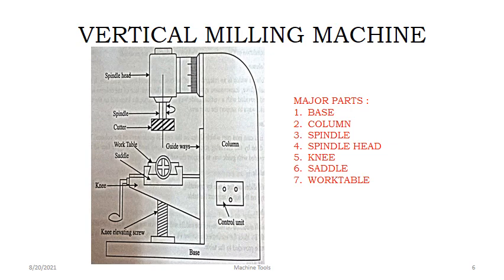This is the knee elevating screw. When the knee elevating screw rotates in the clockwise direction, it moves upward. When it rotates anti-clockwise, it moves downwards. So the guideways are provided. In this guideway, the knee table moves up and down with the help of the elevating screw, moving in the path of these guideways. So this is a major difference between vertical and horizontal milling machine. You have to draw this figure clearly, and important parts you can write, you will get the maximum marks.